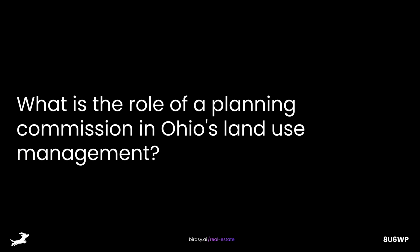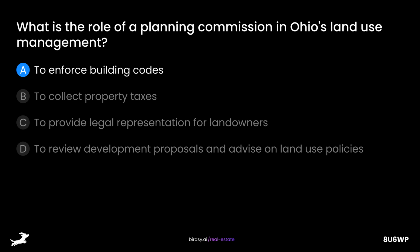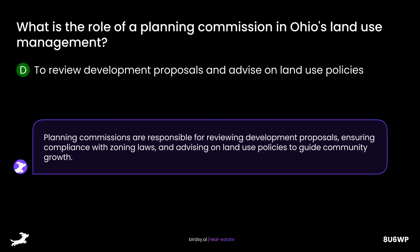What is the role of a planning commission in Ohio's land use management? Is it A, to enforce building codes, B, to collect property taxes, C, to provide legal representation for landowners, or D, to review development proposals and advise on land use policies? The answer is D, to review development proposals and advise on land use policies. Planning commissions are responsible for reviewing development proposals, ensuring compliance with zoning laws, and advising on land use policies to